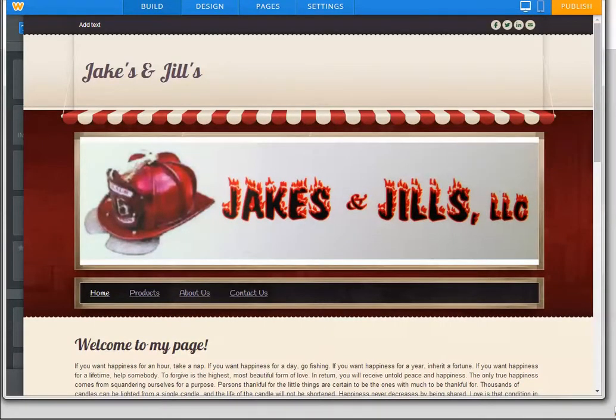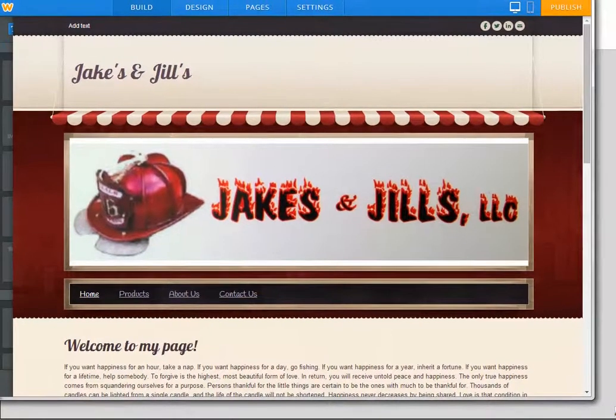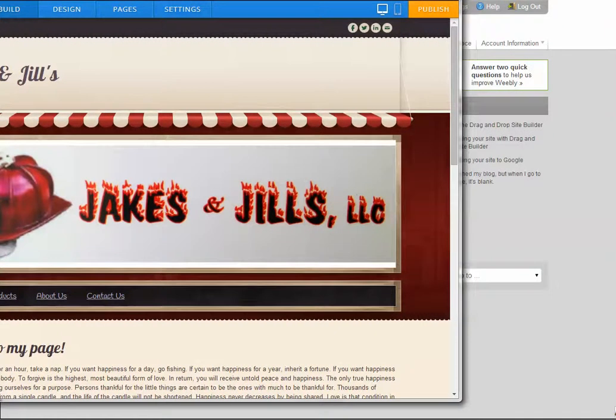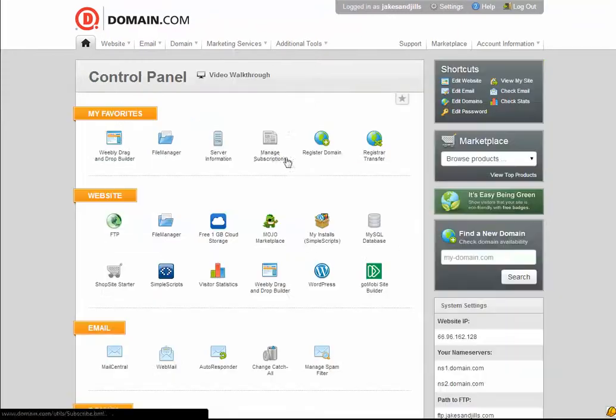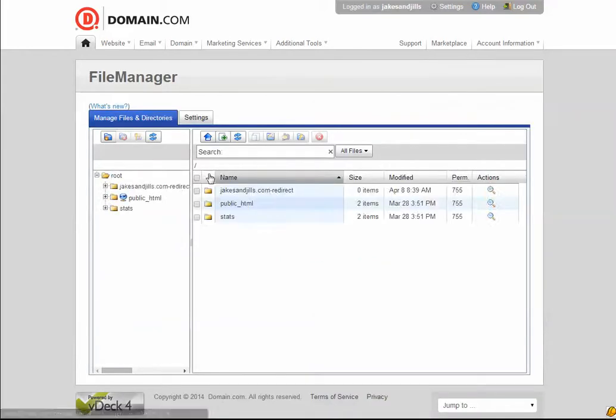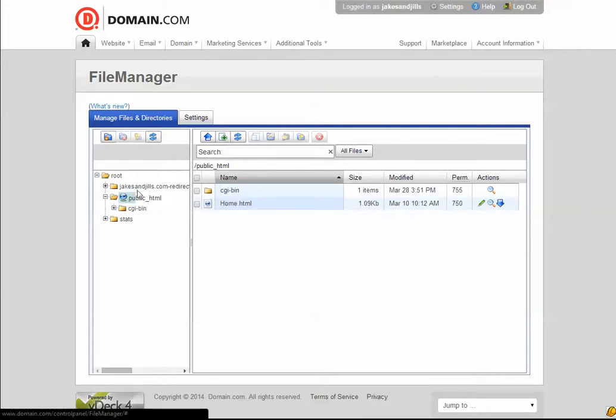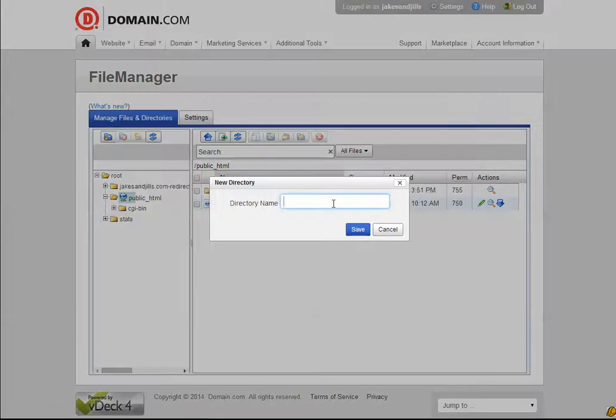WordPress is a little bit different. I can actually, let's see, hold on. In order to deal with WordPress, one of the first things we're going to have to do is actually install it first. And what that would involve doing is giving it its own directory. So we'll go into here. And what we can do is, in here, we will create a directory and let's call it